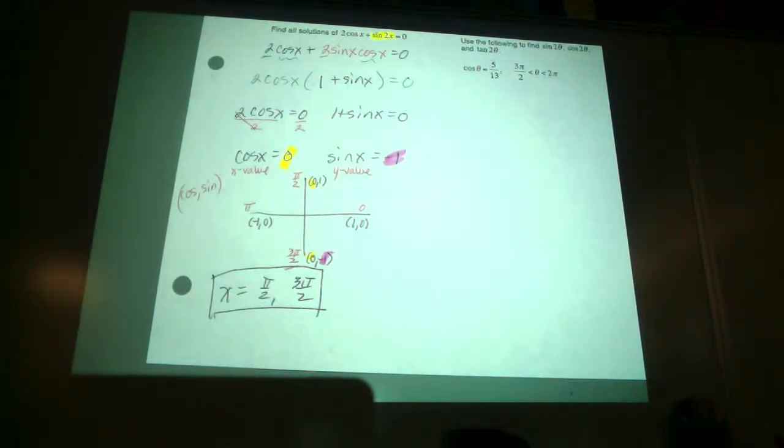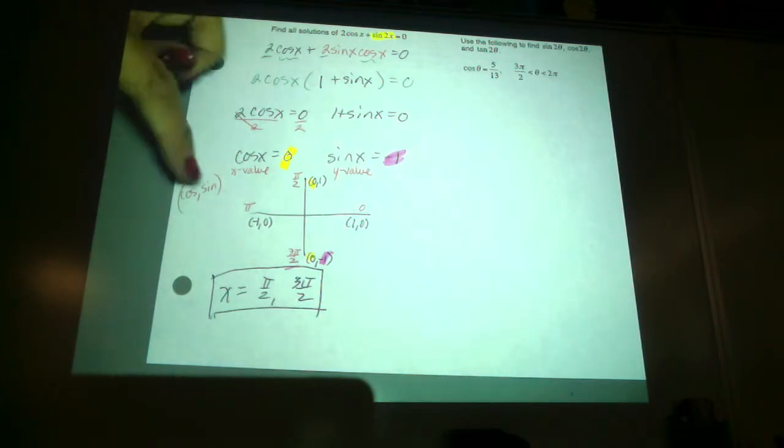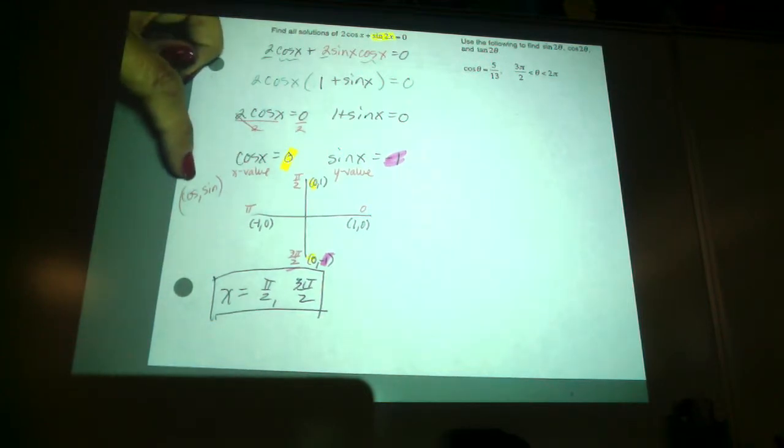Yes? How do you know those two reversed? Say that louder. How do you know those two reversed? I memorize it by the fact that they're alphabetical: cosine is the x and sine is the y. But is that the same with